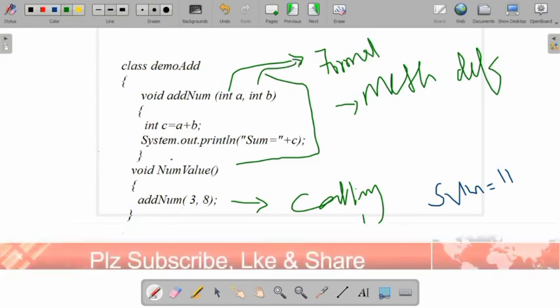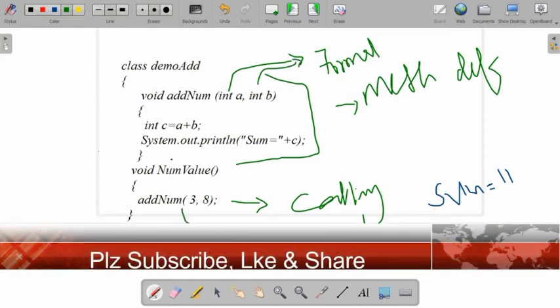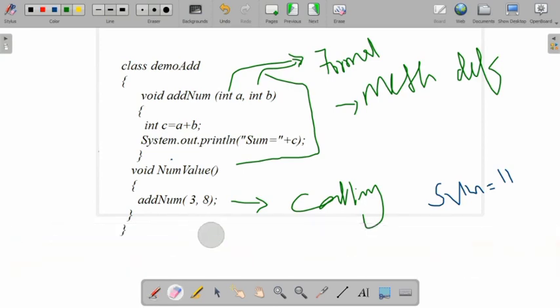The parameters passed in the method calling statement are known as actual parameters. So 3 and 8 are the actual parameters, and a and b are the formal parameters. Based on the method definition and method call, we write the formal and actual parameters. This is the way we call a method without return type along with parameters.